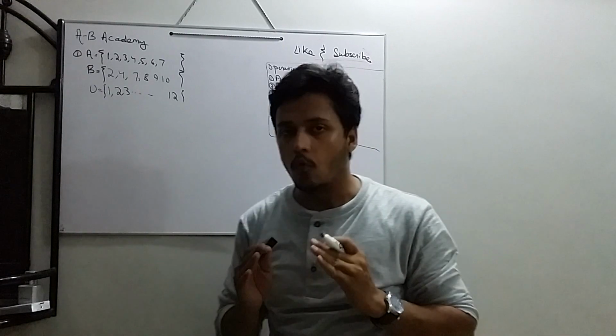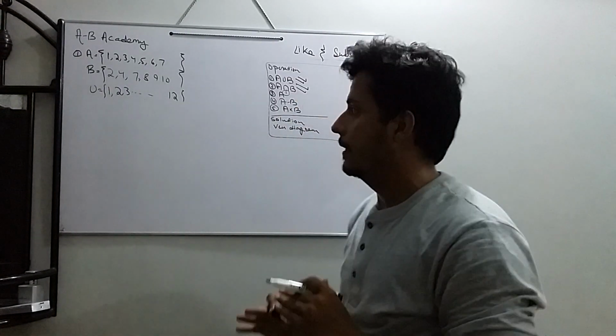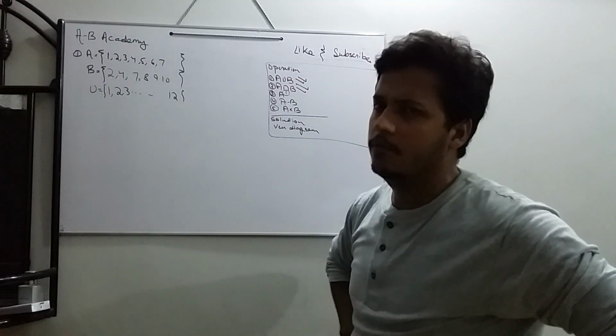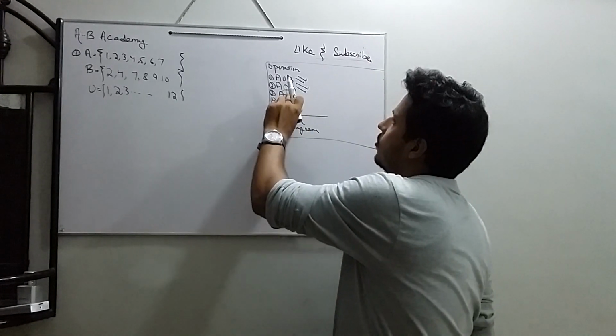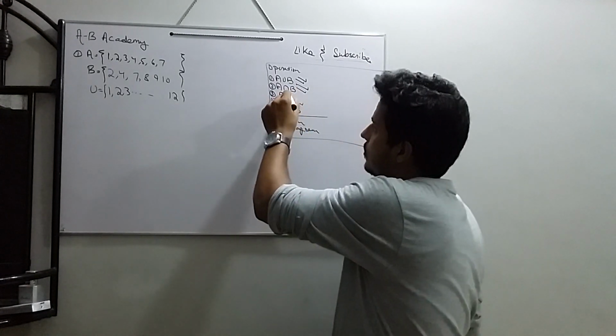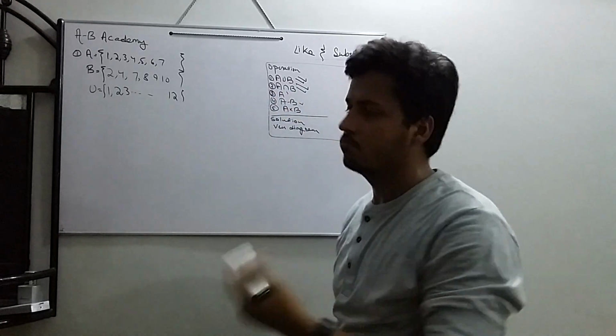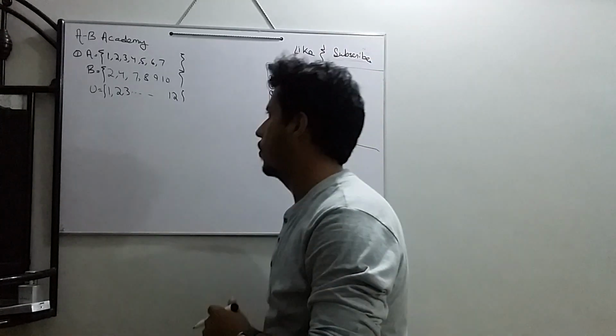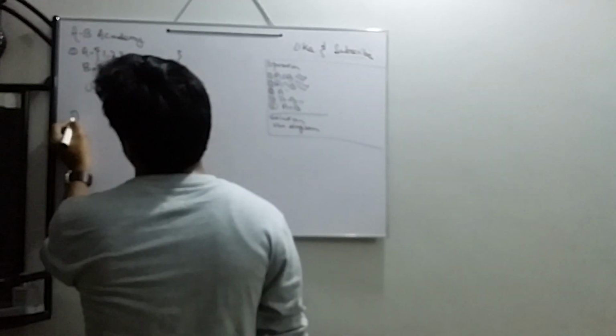Okay. Now what we do in A complement is simply, I think we should do this first, then we should jump to this. I will tell you why. Okay, A minus B. What you have to do in A minus B,